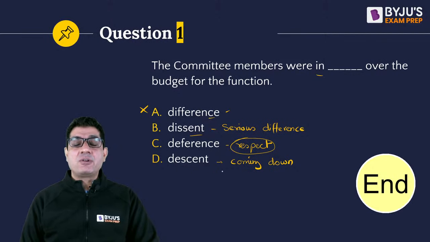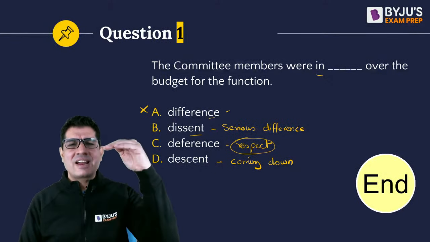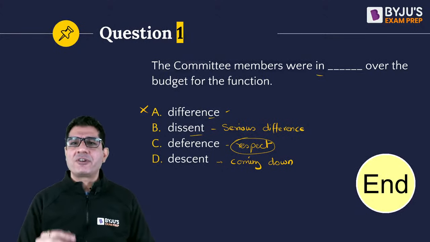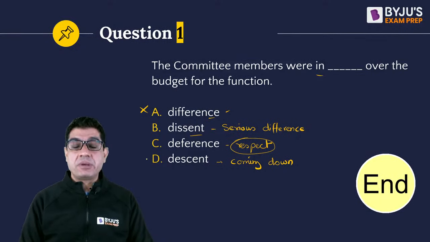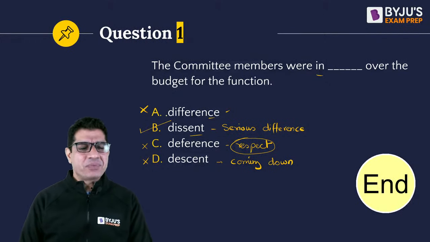And then if I look at the last one, descent, wherein descent, we're coming down over the budget for the function. And descent is the literal act of moving from a higher place to a lower place, or descent can also refer to your ancestry or heritage. Neither of these two meanings will be suitable here, will be apt here. So we can rule out D, we can rule out C. The best answer that we have here is option B, descent. Then I think majority of us have actually managed to get it right. Abhiram is writing static.